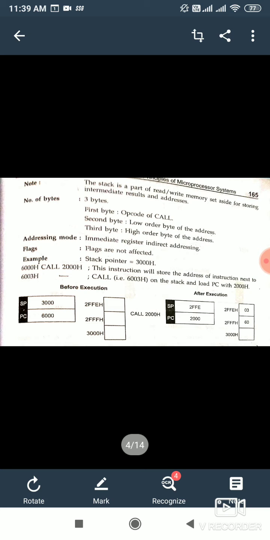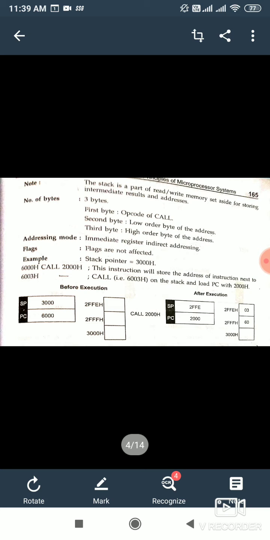It is a 3-byte instruction, as we can see: call 16-bit address. Call gives the opcode fetch, then the 16-bit address gives one byte and the next byte. So in total 3 bytes.